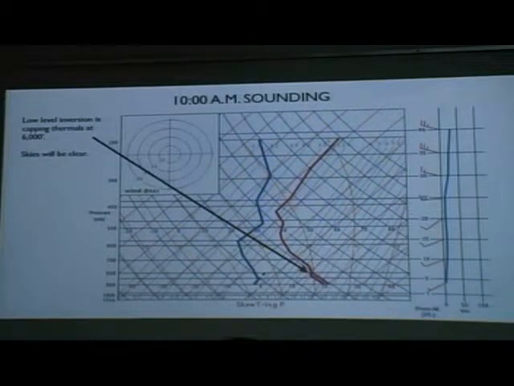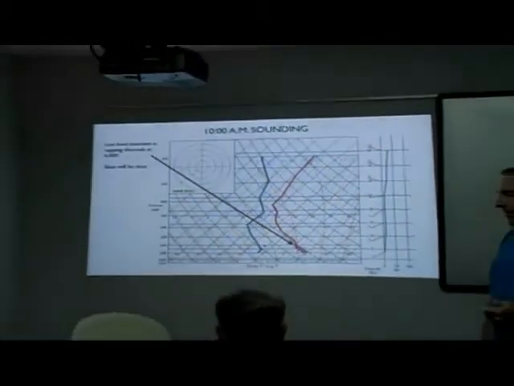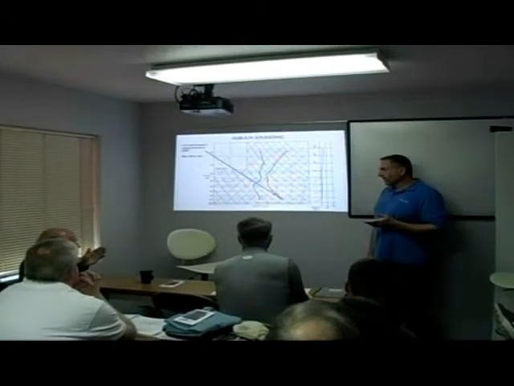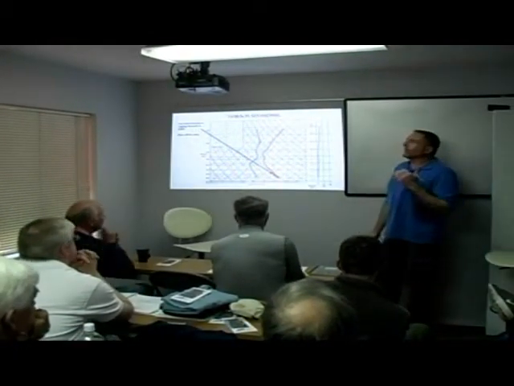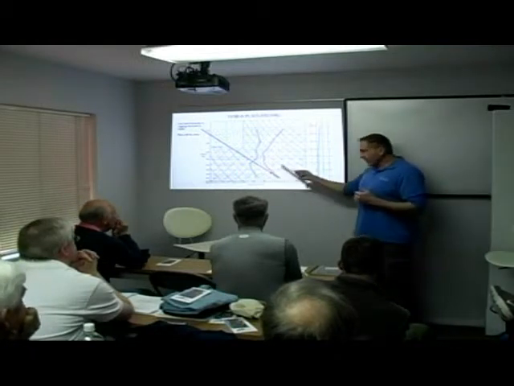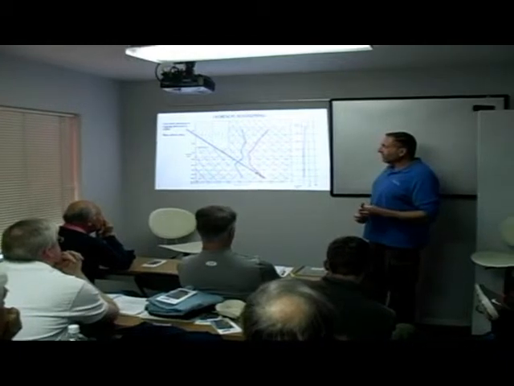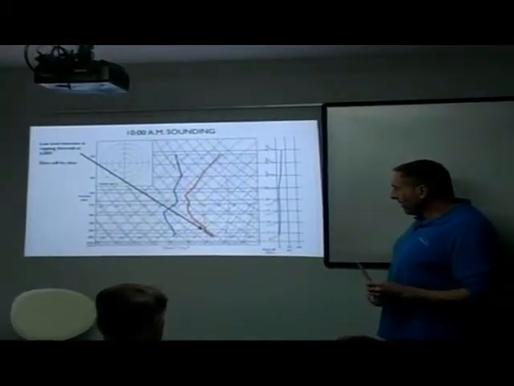What's the, define an inversion? I hear the word and I can see the line, but what is that saying? It's saying that the temperature is not cooling off adiabatically. It's cooling off less than adiabatically. I should say the lapse rate is less. The measured or calculated lapse rate is less than adiabatic. So normally, following the blue line,